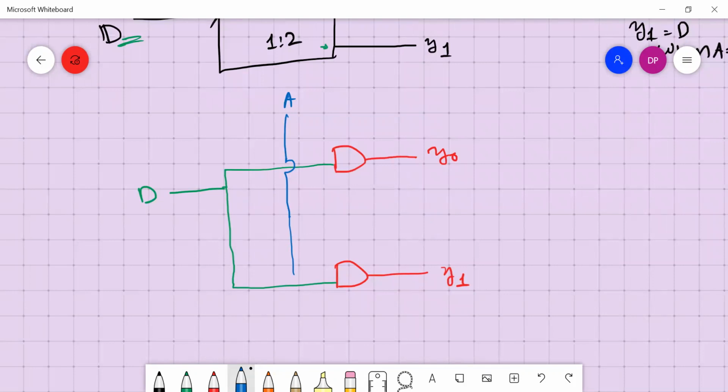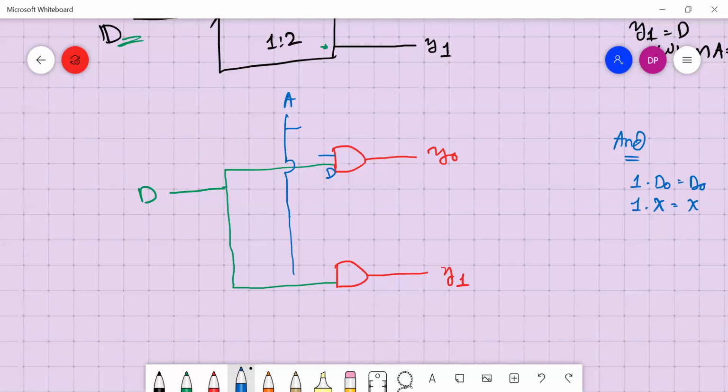AND gate property, which we wrote recently: 1 into any input X is equal to X, right? In order to produce D at the output, I require a 1 at this point.